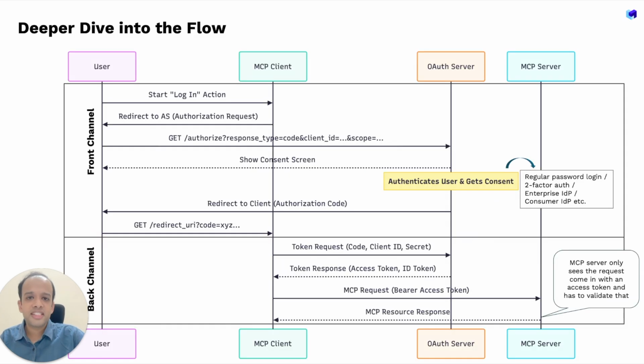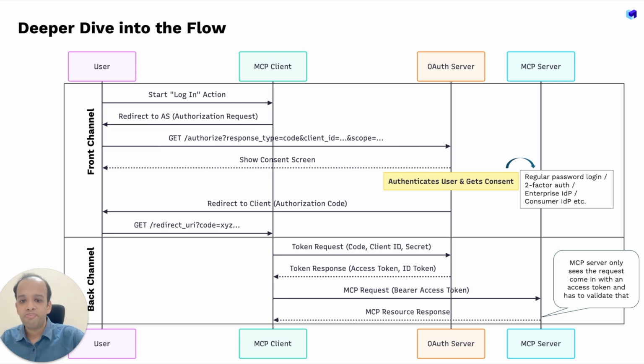So now let's deep dive into the authorization flow. A user comes in, they start the login action, and the redirection is done via the MCP client to the OAuth server. The OAuth server shows the consent screen to the user, and the user then authenticates themselves and gives their consent. This can be via regular password login, two-factor authentication, either using IDPs on the enterprise side or the consumer side. And then the redirection is done to the MCP client with the authorization code that is returned by the